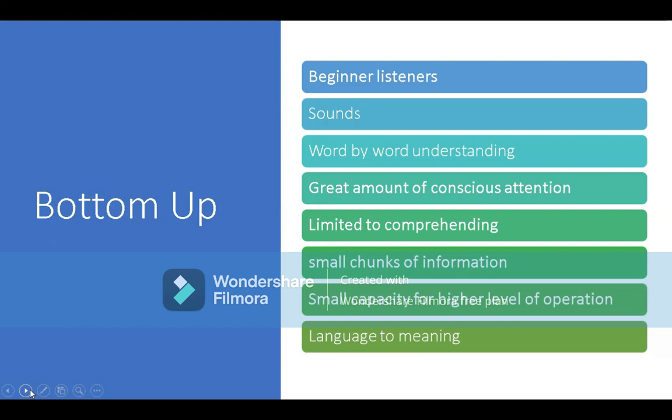Actually, the bottom up strategies go from the sound, then to word, then to sentence, and then to a paragraph, you can say. But I must say that the bottom up and the top down strategies are not only for teaching listening and speaking, but also relate to other disciplines like business and management. They all have bottom up and top down strategies. Bottom up is from below to up, from root to the flower.